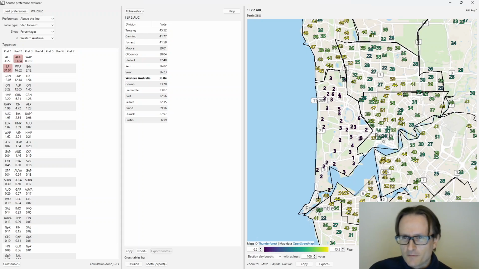And just on the other side of the boundary, it's 53, 34, 35, 48 over here, 49, 50 down there. So if you just sort of eyeball that regression, you'd say something like a Liberal Party How to Vote card is worth, let's say, somewhere between 35 and 50 percentage points in terms of the preference flow